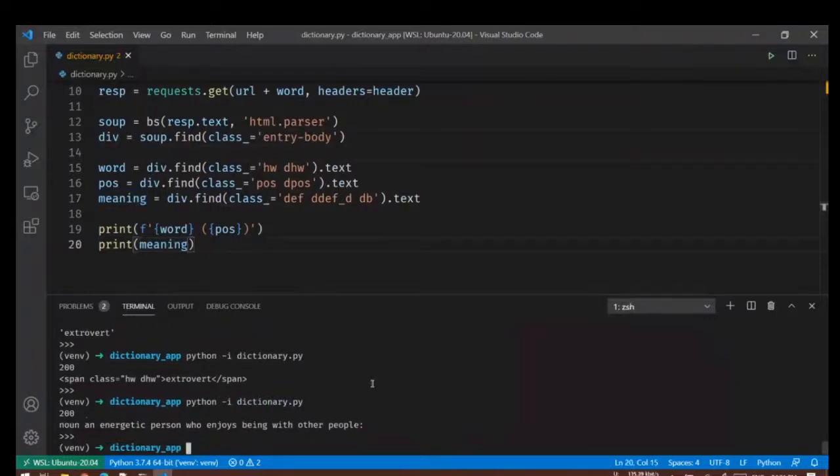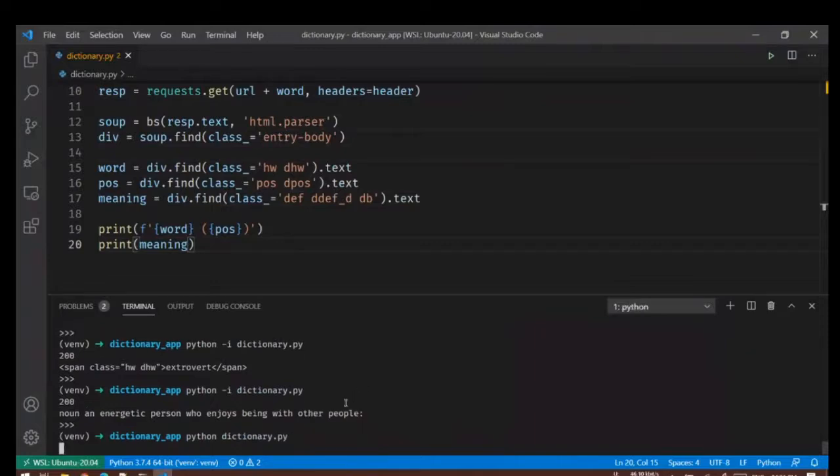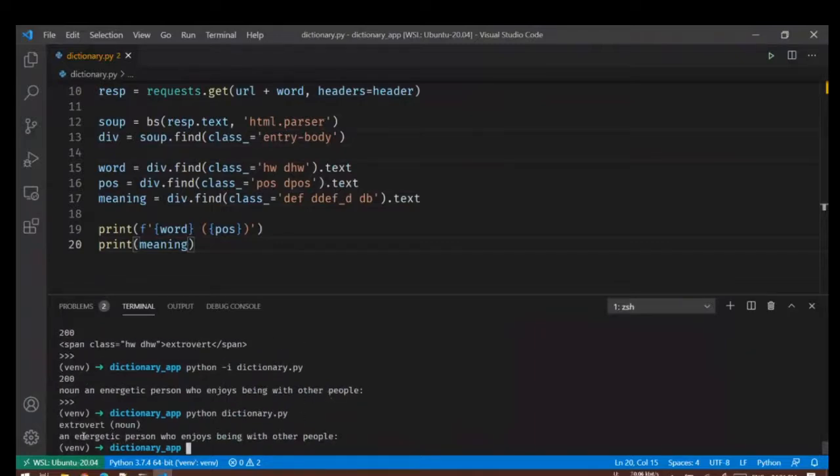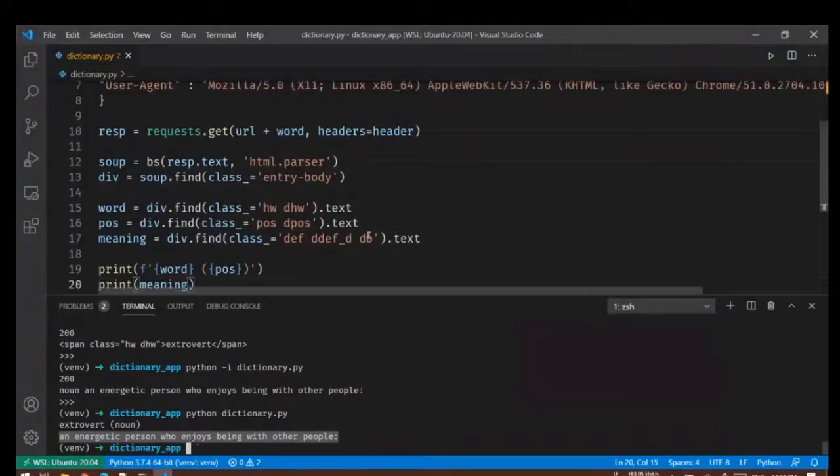So the word is extrovert, its part of speech is noun, and then this is the meaning of it. So an energetic person who enjoys being with other people.